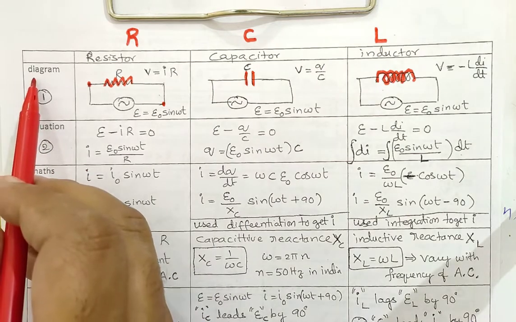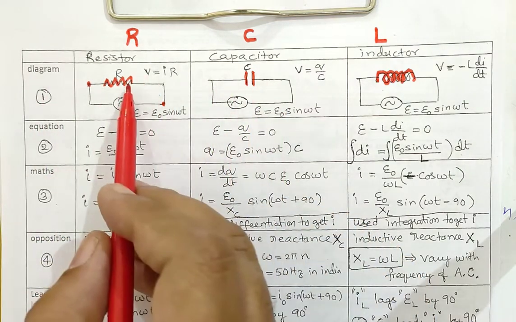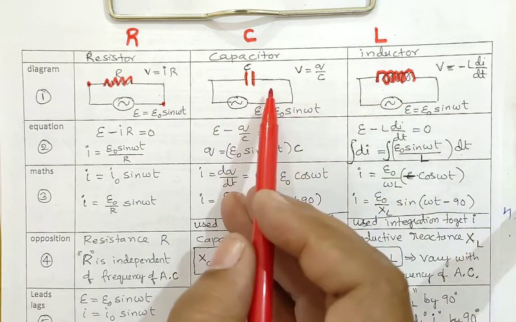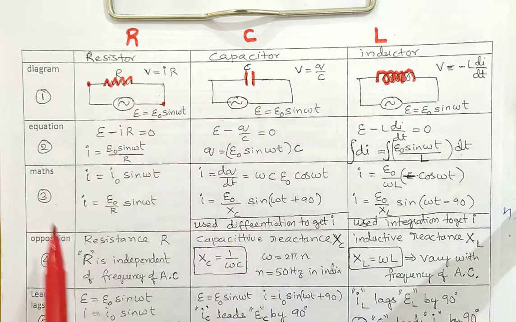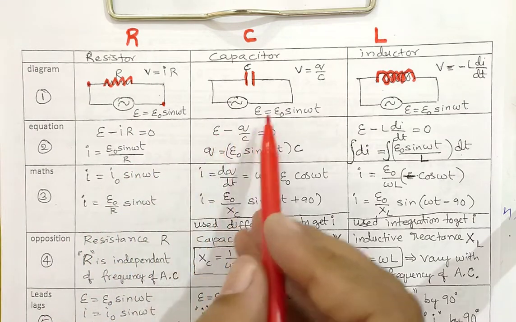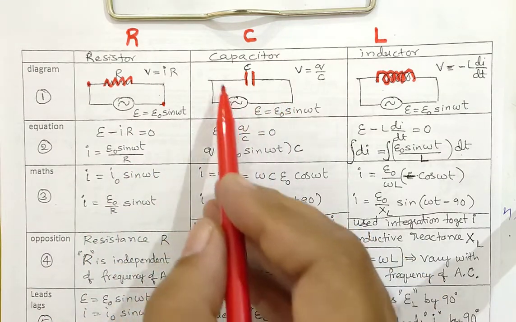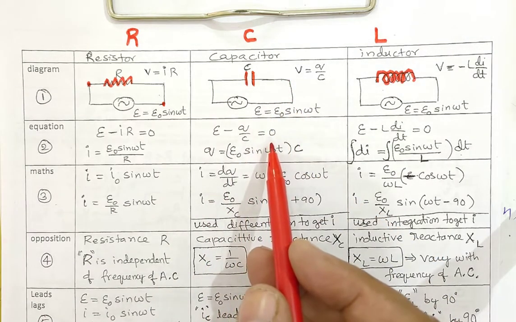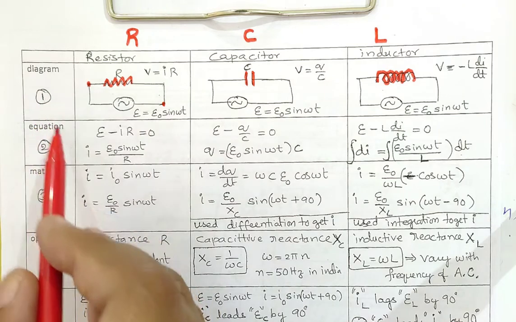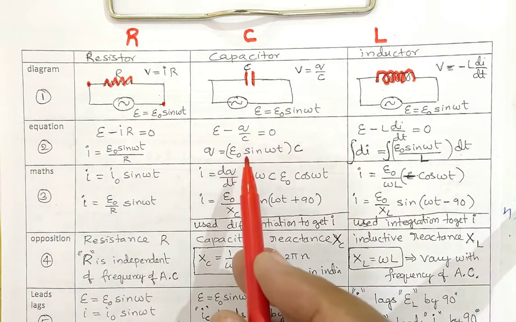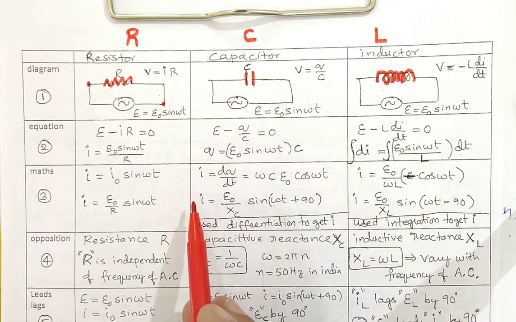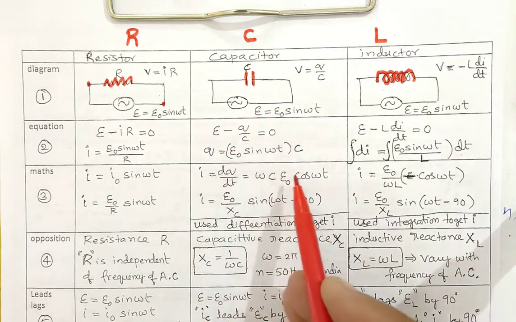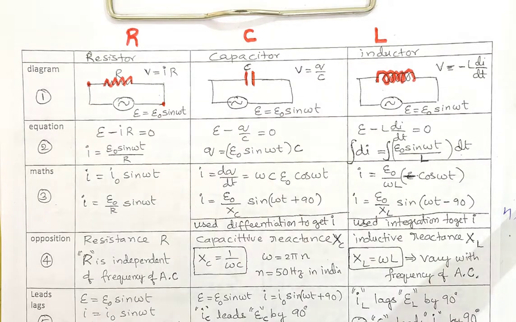First we have to represent everything in a diagrammatic format. Pure resistance, pure capacitor, pure inductor, without having a capacitor or inductor or other things in the circuit. Similarly, there is a potential rise E and a drop Q by C. That's again the equation. So the first point is the diagram, the second point is the equation. Bring this to the other side. E is equal to Q by C. We want Q, so cross multiply: E0 sin omega t times C.